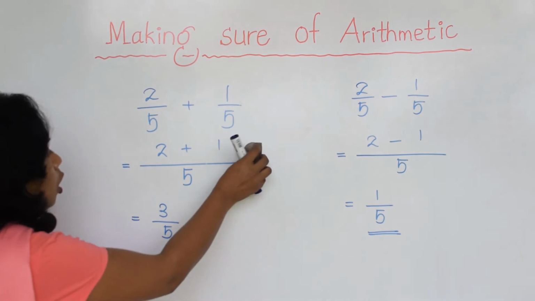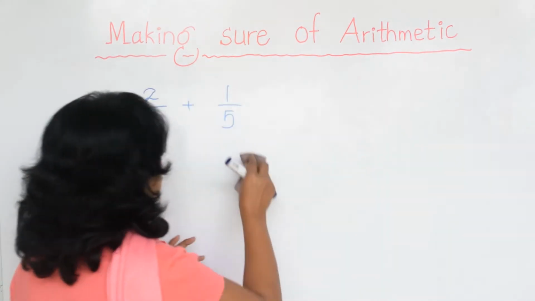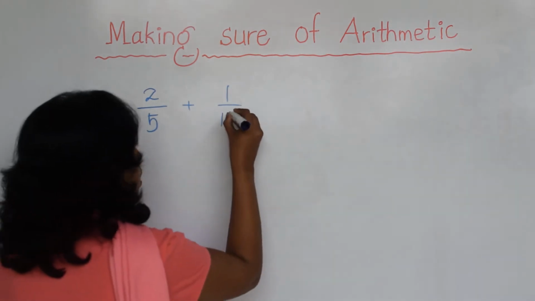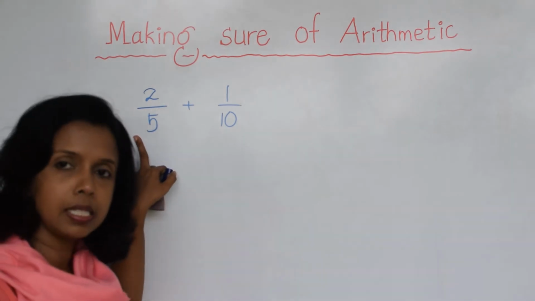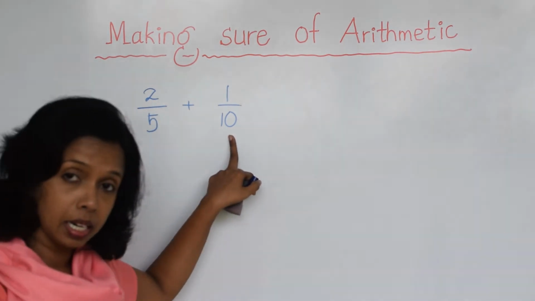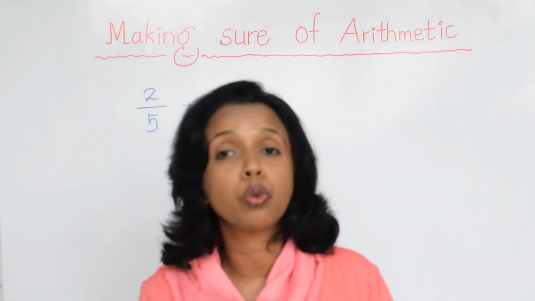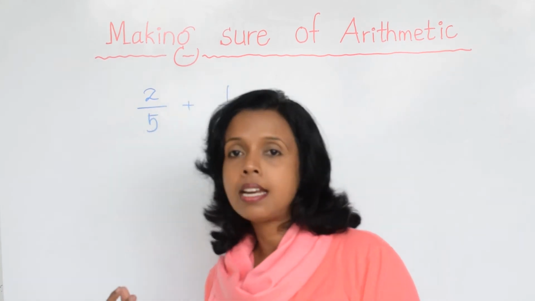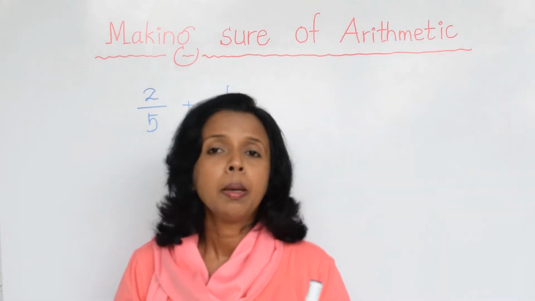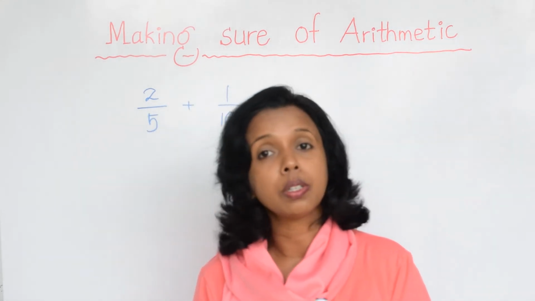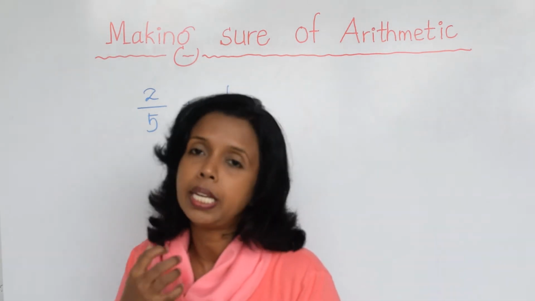So let's say if you have something like this, children, now you have it like this. Now what happened? Yesterday my mother made a cake and she cut it into 5 pieces. And today she made another cake and cut it into 10 pieces. Now we are talking about 2 different cakes, right? 2 different scenarios. Now can we add these 2 fractions like earlier, easily? No. Why is that, children? Because we are talking about 2 different scenarios, or else we are talking about fractions having 2 different denominators.